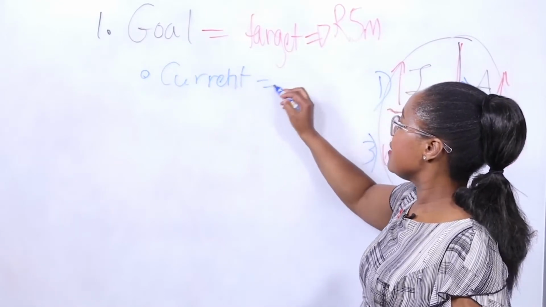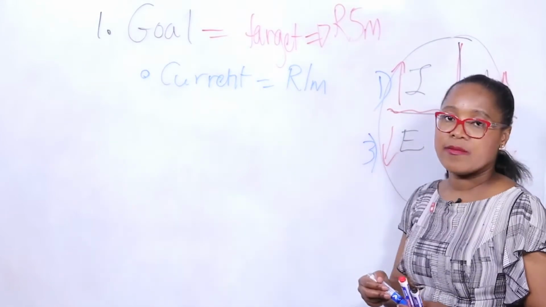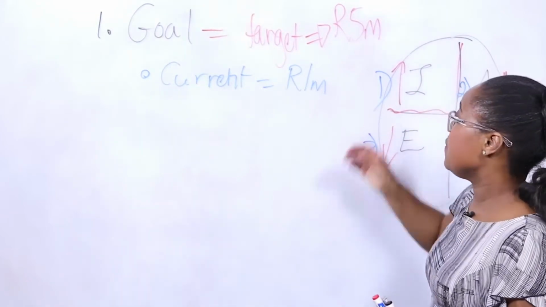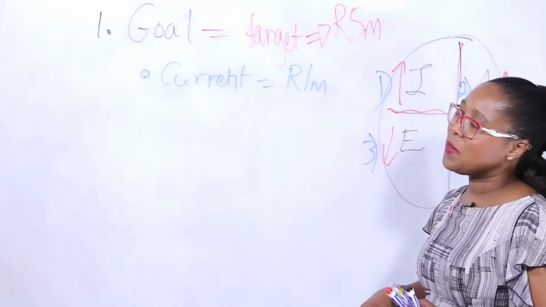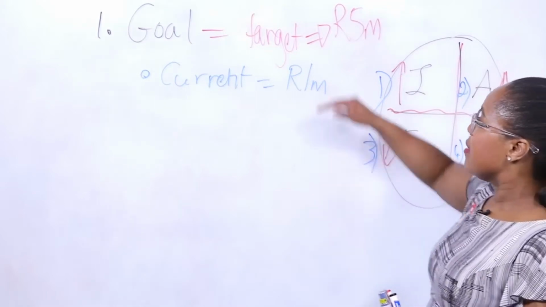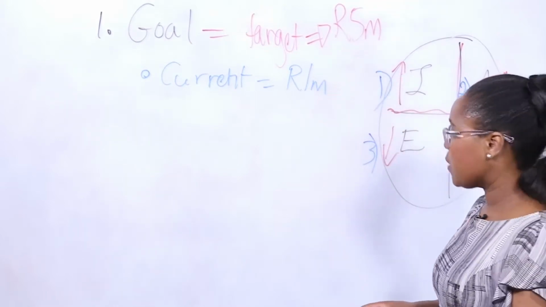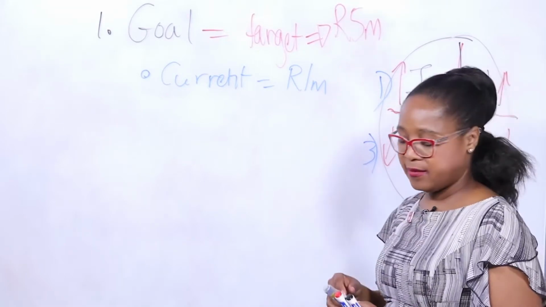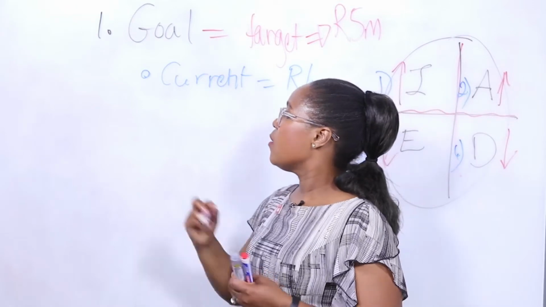Maybe the current is sitting at 1 million, which means if you're going to need to increase, you're going to go 4 million more than before. You then say, this is my target, this is my current. It's almost like you now have a baseline. Step number 2, you will then say, okay,